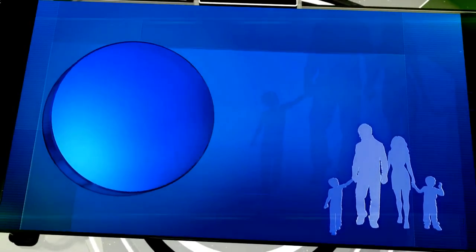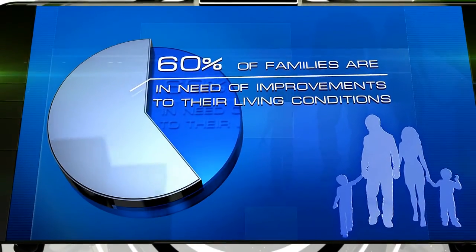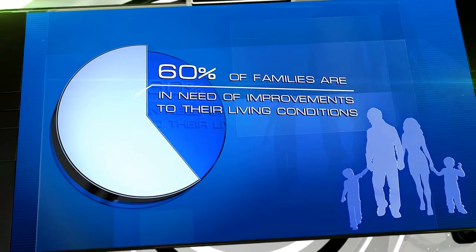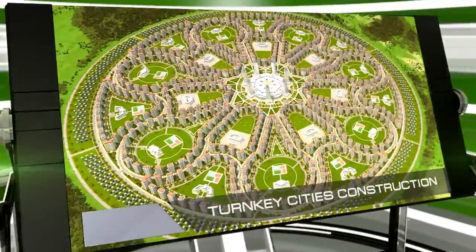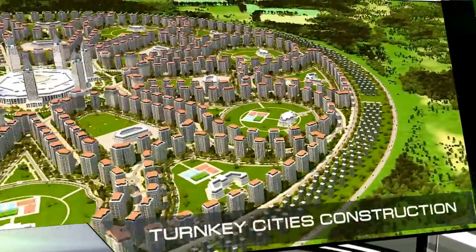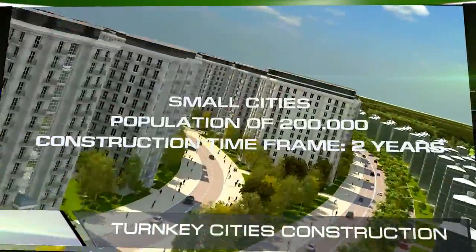of providing homes to people is significantly better than it was several decades ago. However, according to various sources, more than 60% of families all over the world are still in need of improvements to their living conditions. In order to solve this problem, we've developed a suite of technologies for building micro-neighborhoods and small turnkey cities. With our technology, building a city for 200,000 residents with all infrastructure will take no more than